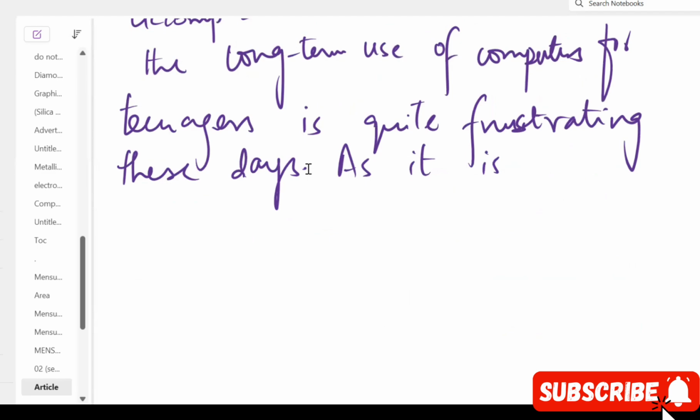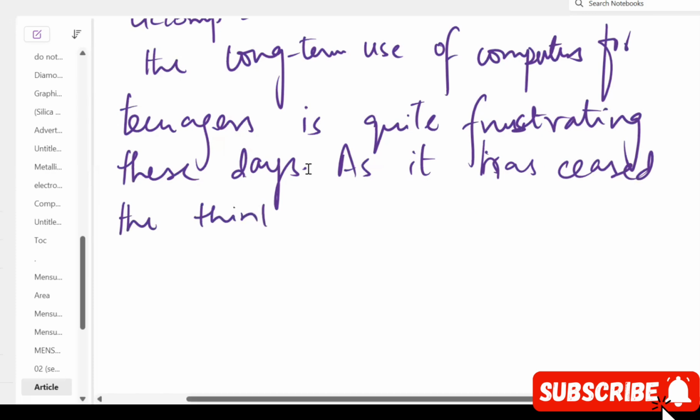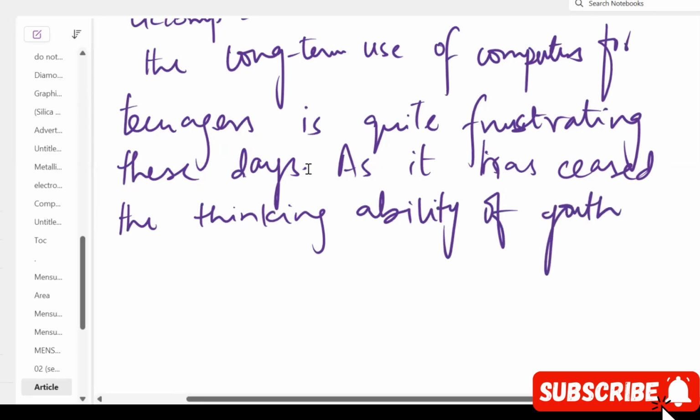We are definitely going to find a synonym for the word stopped, as it has seized the thinking ability of youth. All right, so we have picked the same keyword which I told you. So it has seized, it has stopped the thinking ability of youth,